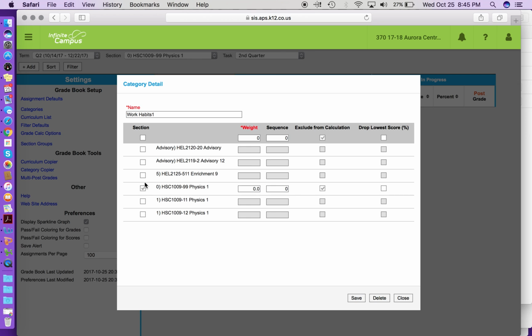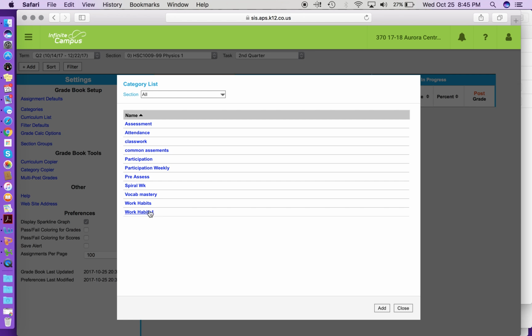So these are grades that you put into your gradebook, but they will not affect the students' quarter grades. Click Save, and you will see that here is the other work habits category that I just built. All right, so those are the two categories that everyone should have in their gradebook: assessment and work habits. You should not have any other